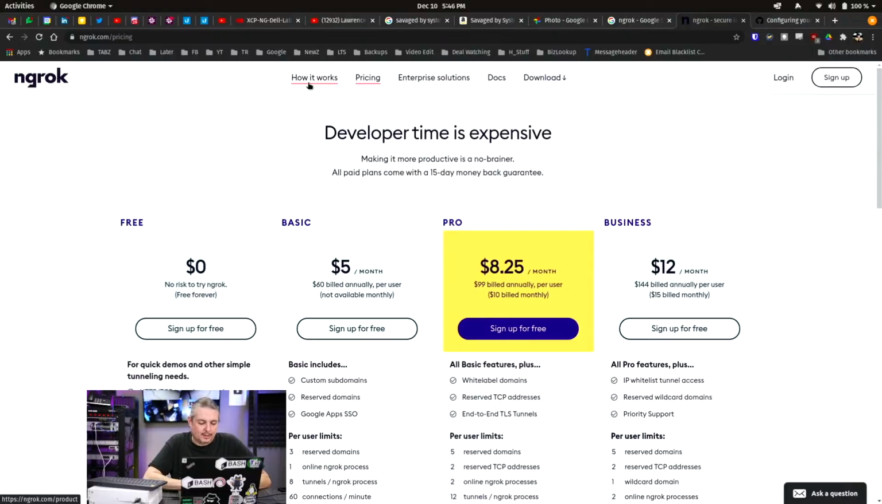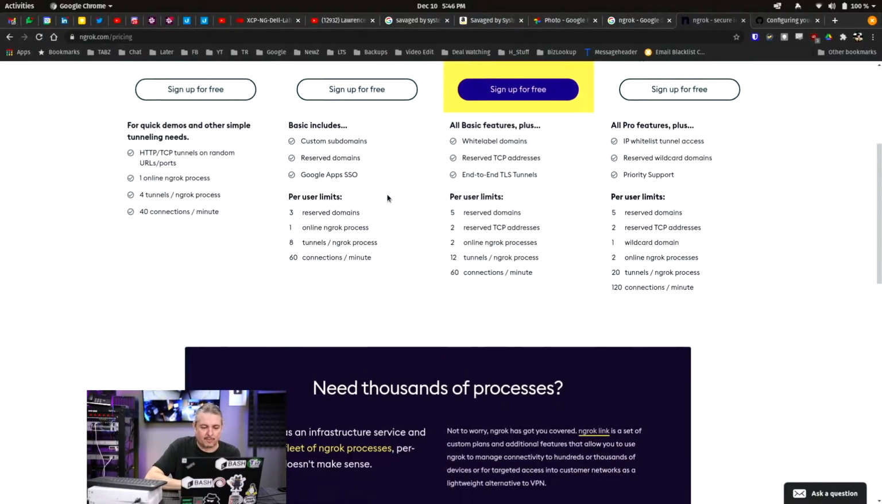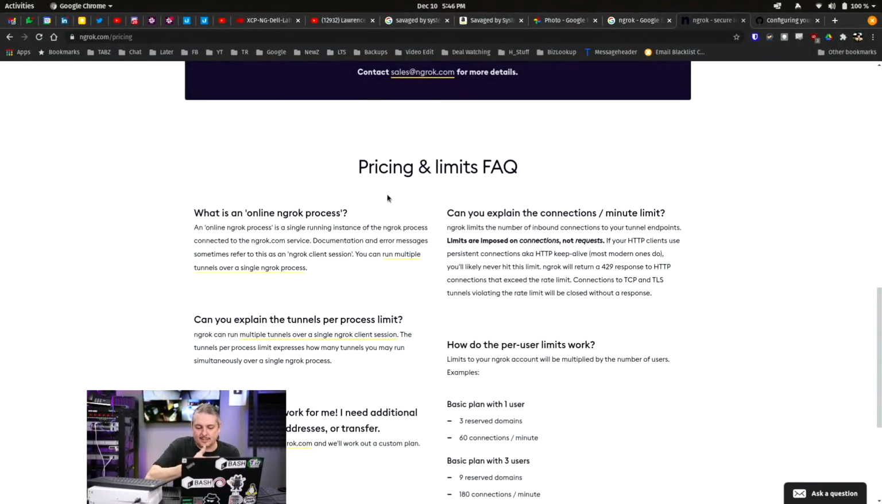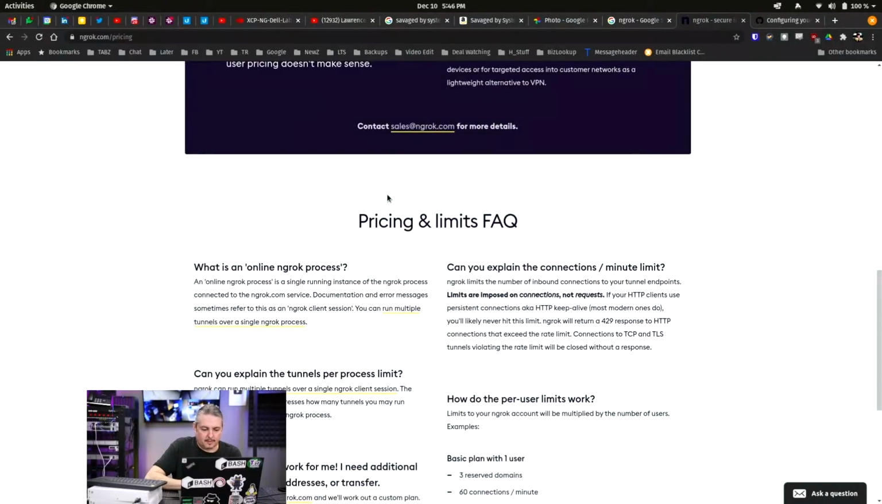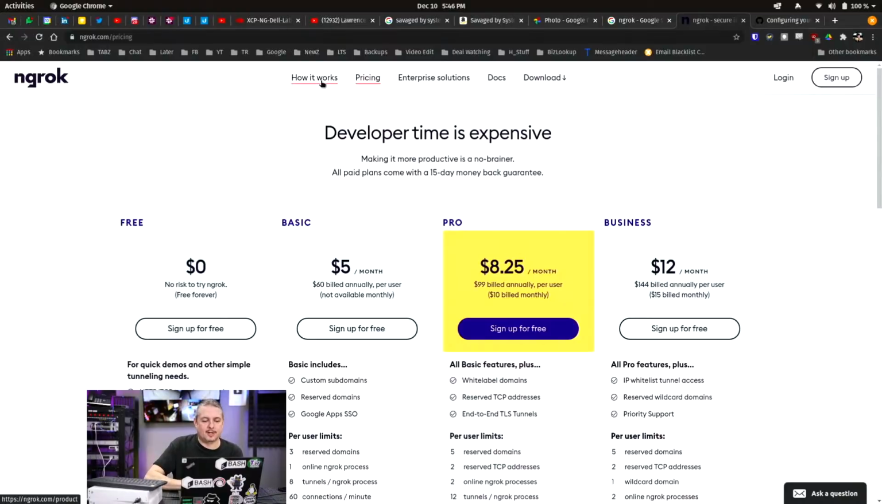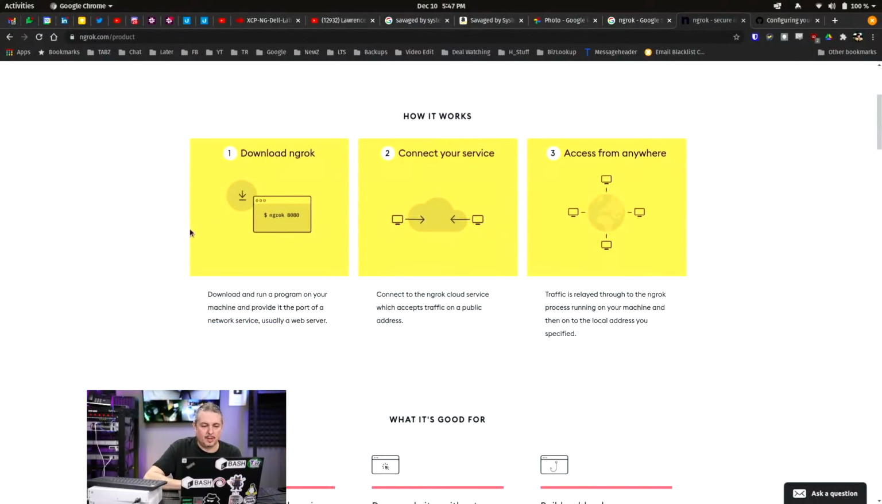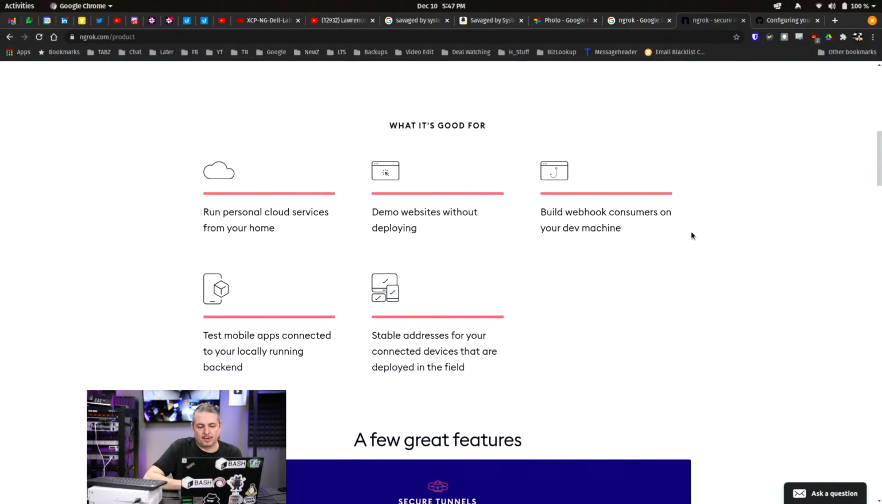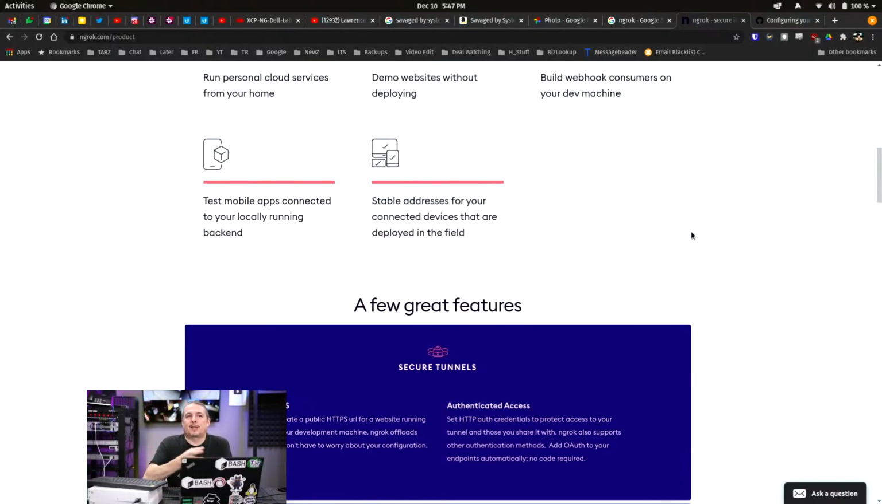I thought about playing around with it because it looks kind of novel as a solution. It's not a free or open source solution. It's just a solution, but it's a relatively cheap one at like $60 billed annually to have custom subdomains, reserved domains. When you have processes you need to get around, it seems like a neat way to get around stuff. So I don't know. Something else, thinking about running tunnels, how it works: download ngrok, connect your service, access from anywhere. Demo websites without deploying, run personal cloud services from your home. It seems like something a lot of home users would probably like, and it does solve the carrier grade NAT